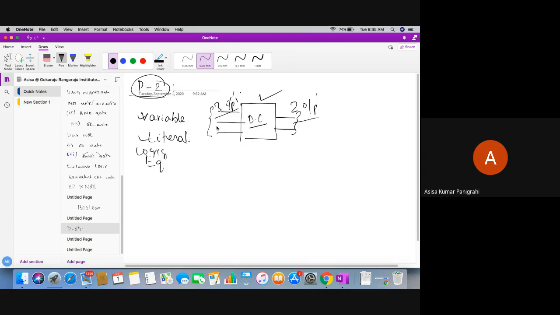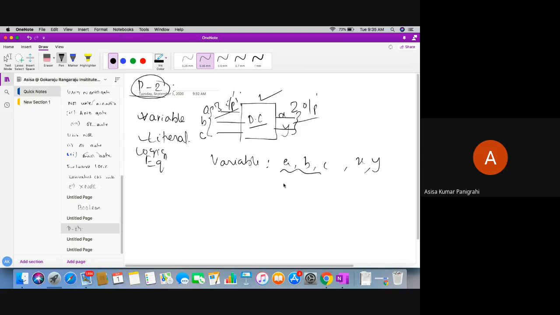Let's say my variables are a, b, c, which are inputs, and x and y, which are outputs. The inputs represent the external world, where I will give the inputs either 0 or 1, and I will be expecting outputs of either 0 or 1, or don't care, whatever I may tell.